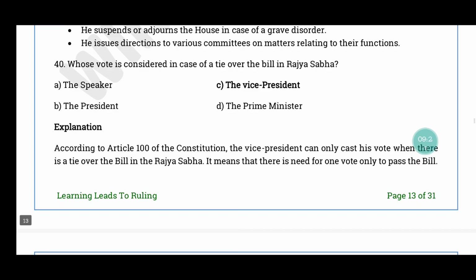Question number 40. Whose vote is considered in case of a tie over the bill in Rajya Sabha? The correct answer is option C, the Vice President. Article 100 of Indian Constitution படி Vice President அவரோட ஓட்டை எப்போ பாஸ் பண்ணலான்னா if there is a tie over the